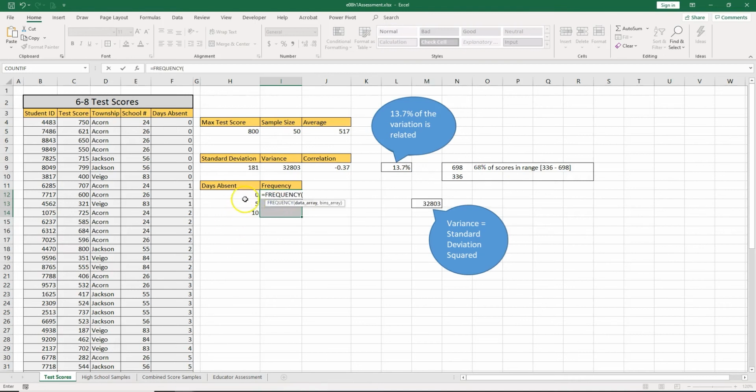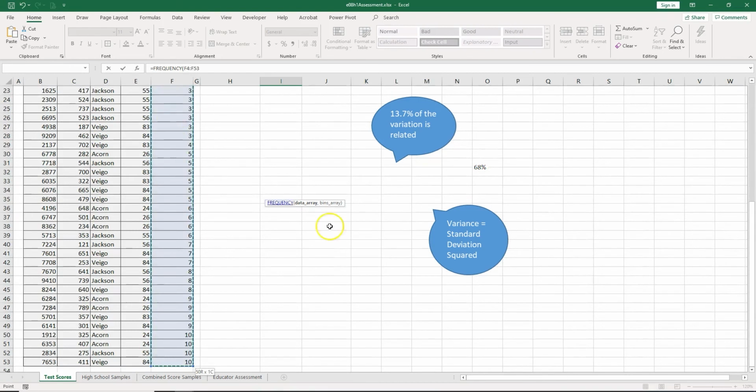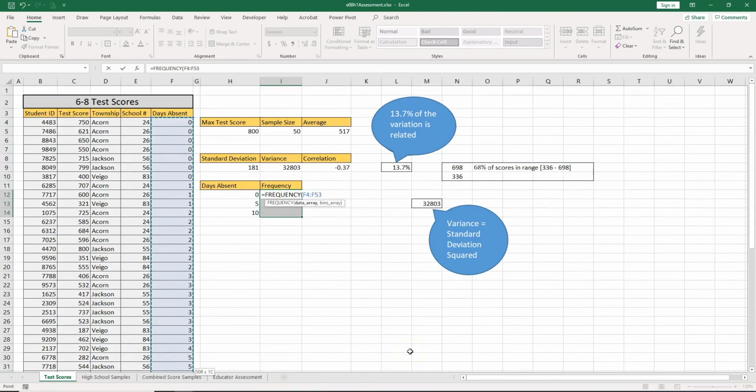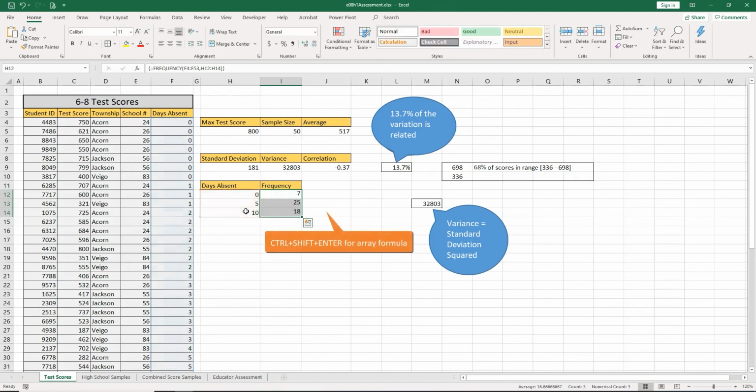So let's see the frequency. And the data array would be the days absent, so it would be this column, Control Shift down arrow. Let's move up, comma, the bins array would be these numbers we have. To finalize this formula, we have to push Control Shift Enter.